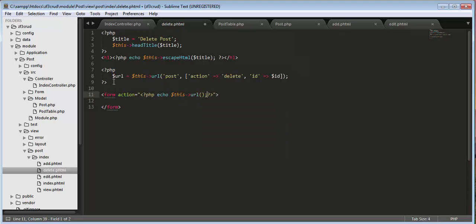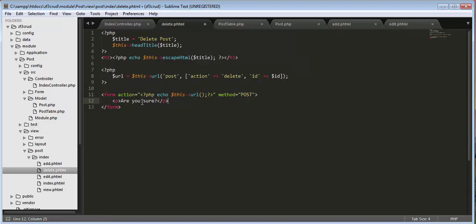Okay. Method will be post. Okay, and now let's create a P R U sure, and then